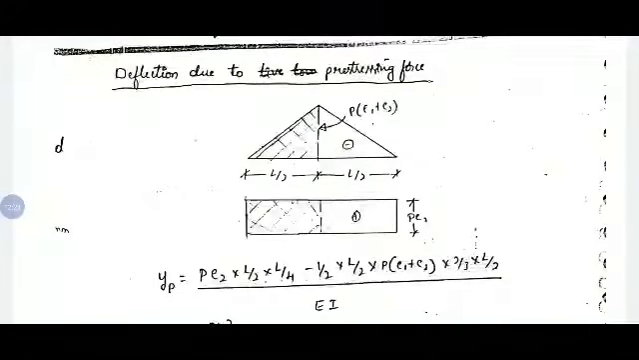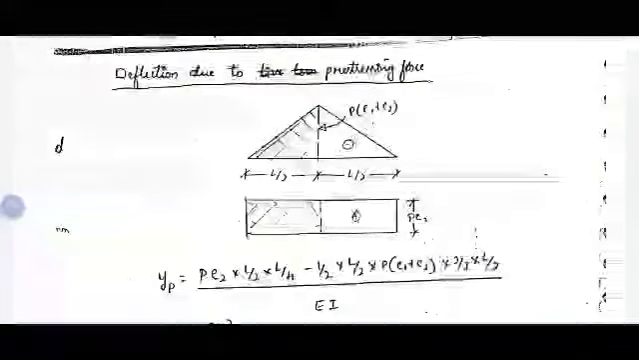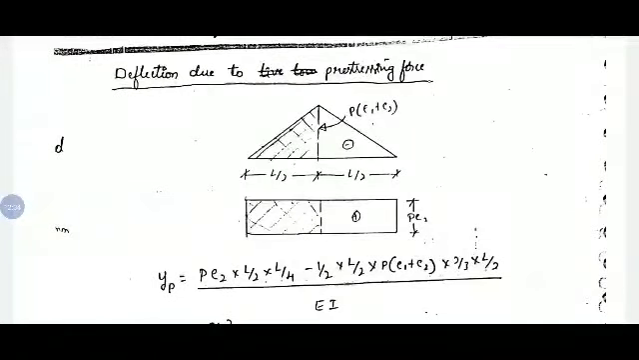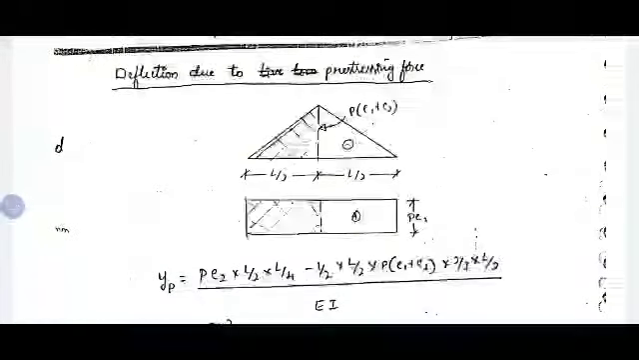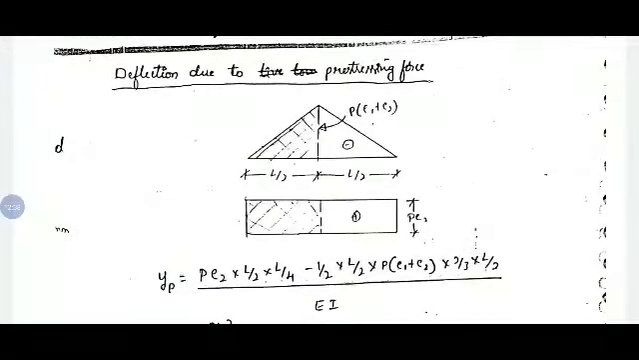Here E1 is the eccentricity at midspan and E2 is the eccentricity at support. Then the deflection of pre-stressing force below the neutral axis will be negative and above the neutral axis will be positive. So here the rectangular portion which we have considered will be treated as positive deflection, and the triangular bending moment diagram which we have considered is negative deflection. So total